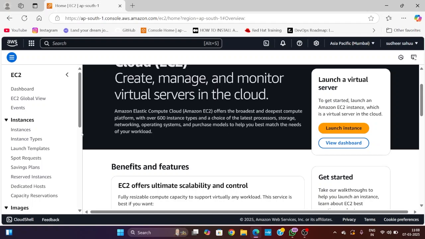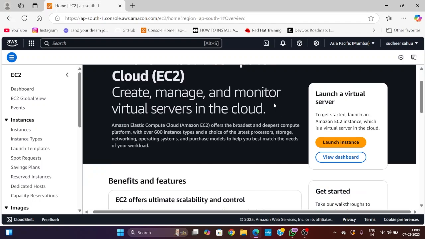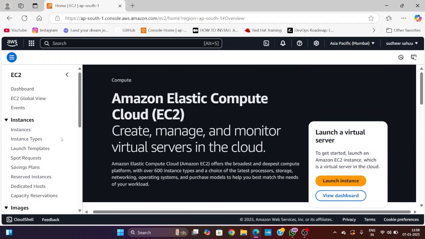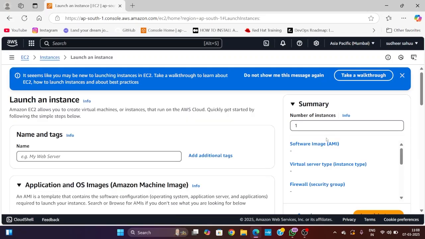So we just have to launch, because we launch an instance here for the first time, so this page comes up. If we click on launch new instances,